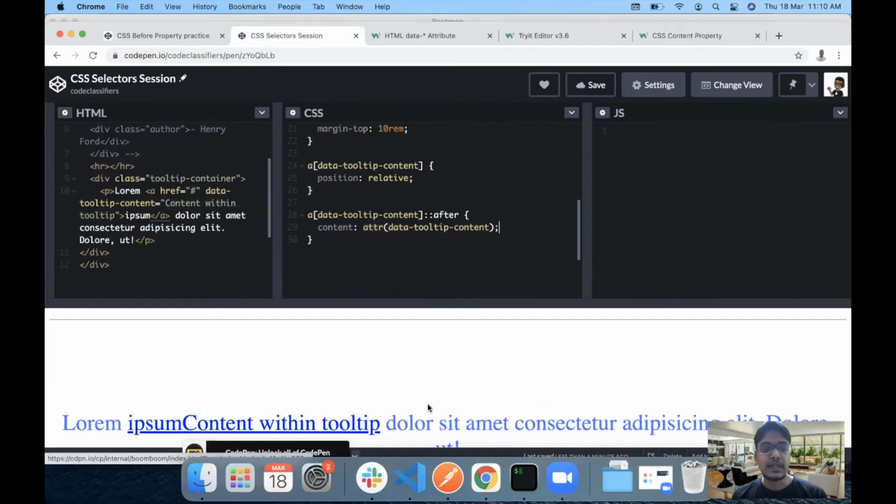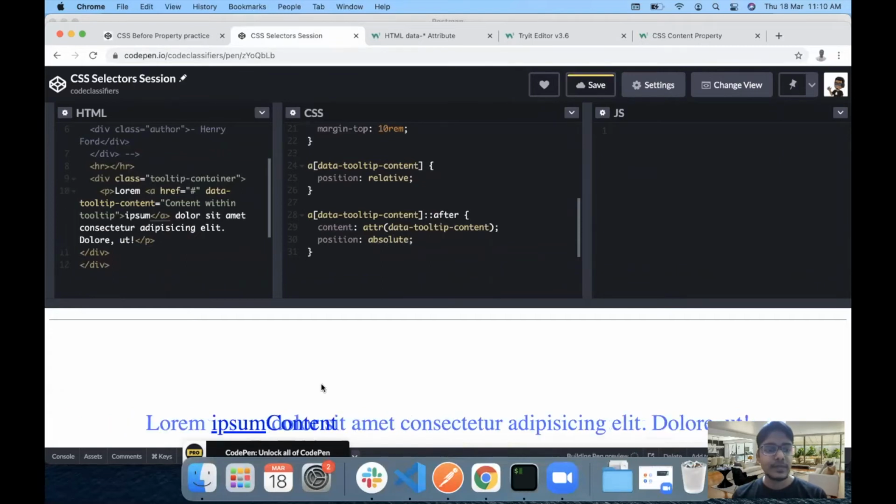Once I have this content, I can change it a bit. Like I can change the position basically. So I'm going to first give it a position of absolute. Now it is just on the ipsum content. Then we can give it some background. Background could be RGBA. So RGBA is to set a color with its opacity. So I'm going to use black color, but with a slightly lesser opacity, let's say 0.8. Then add some padding to this tooltip as well. So I don't know, 2 rem should be good enough.